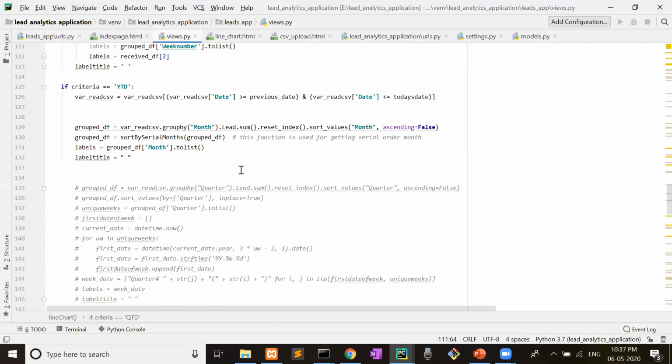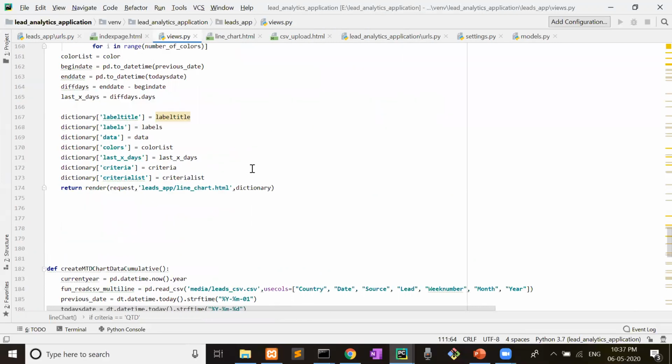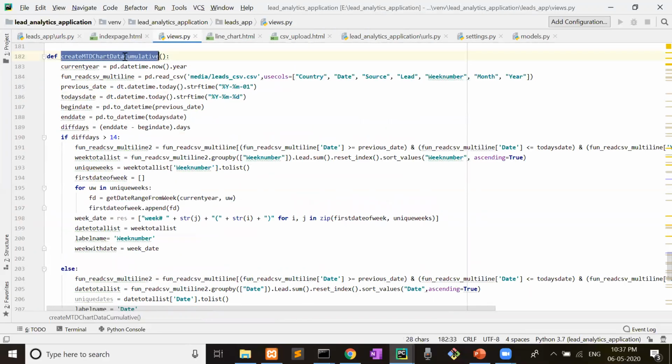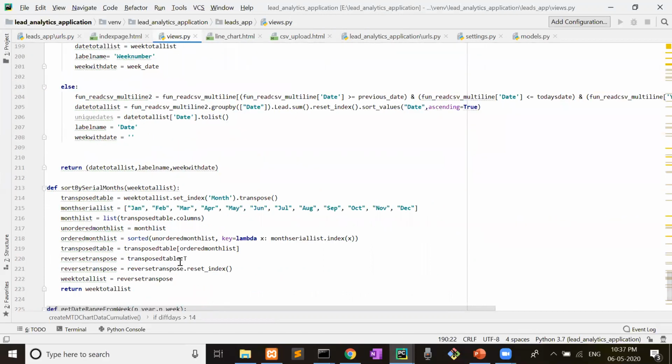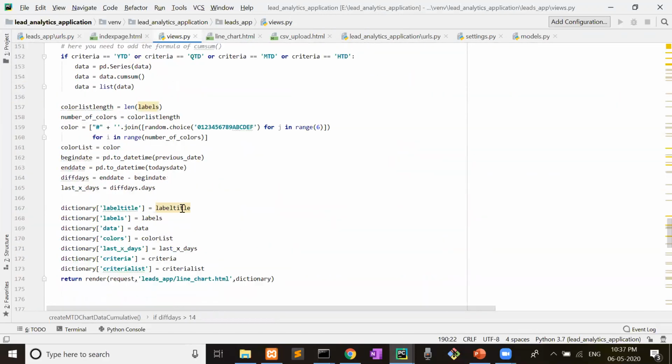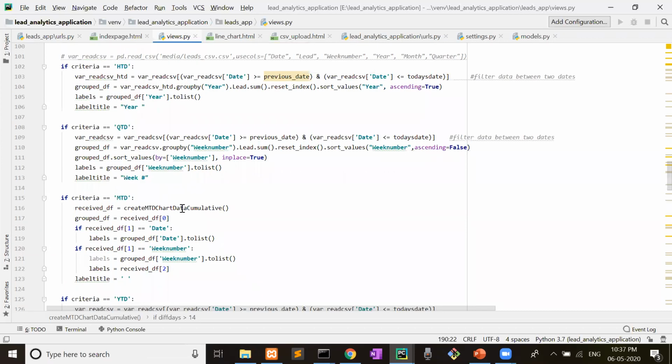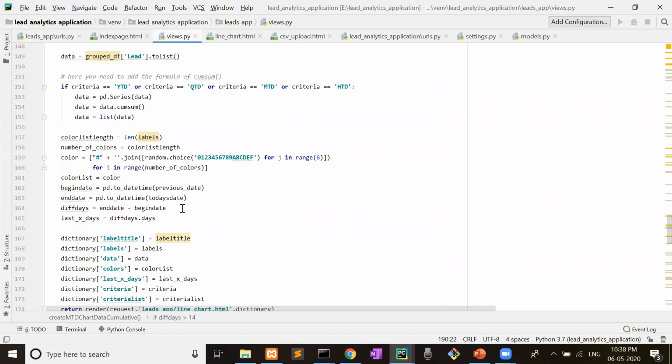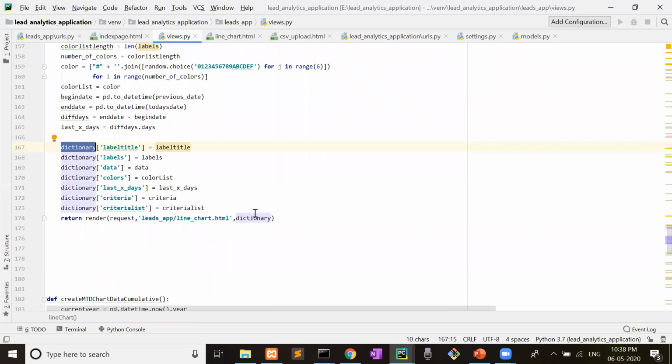So we have to write this function cumulative, if date greater than 14, date less than 14, like this. And then finally we send the data in the form of dictionary, like this.